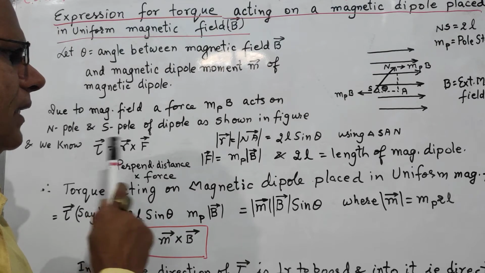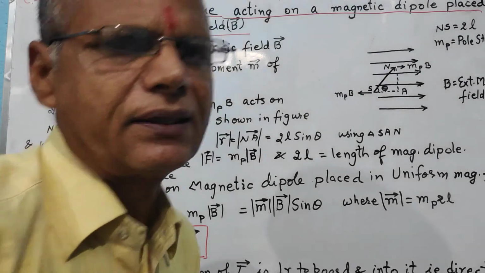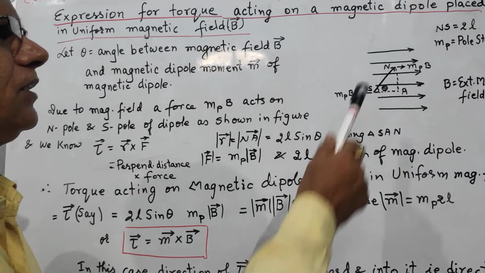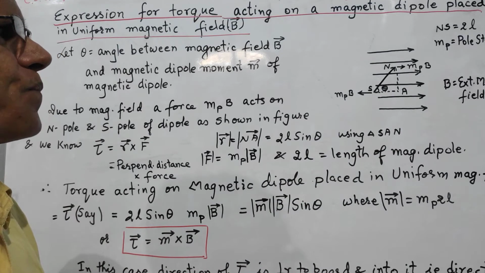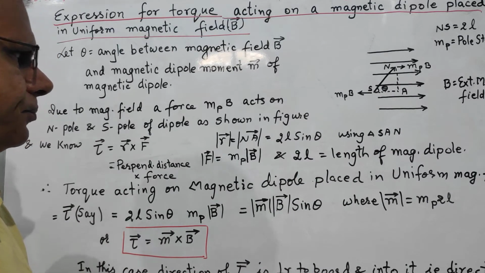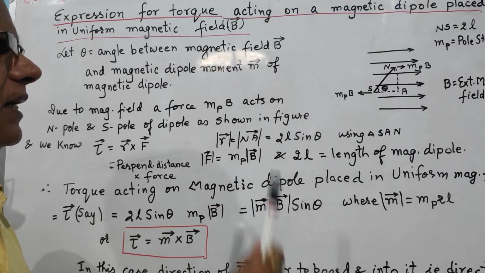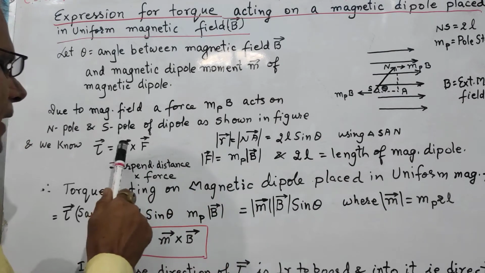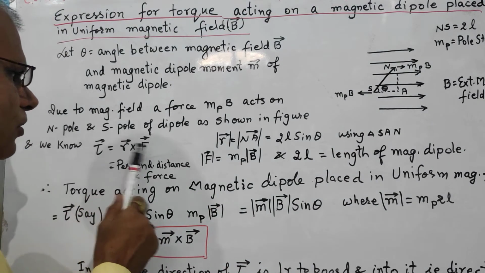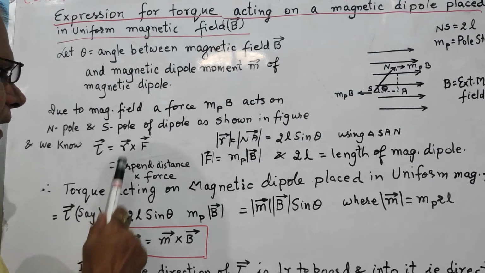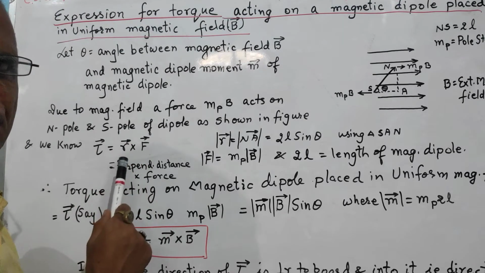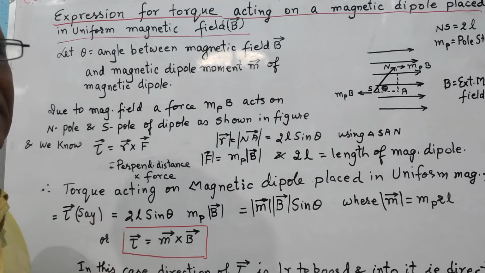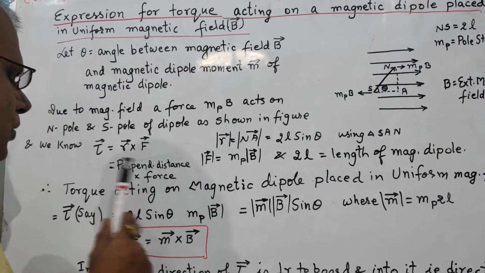Well, we know the relation torque is equal to R cross F, where R is the position vector and F is the force acting on each pole which is forming the couple. Here the position vector R, you expand this torque R cross F in two ways. Either you write it equal to magnitude of R into magnitude of F into sine of the angle between vector R and vector F, or you write